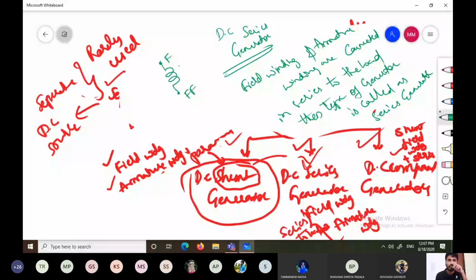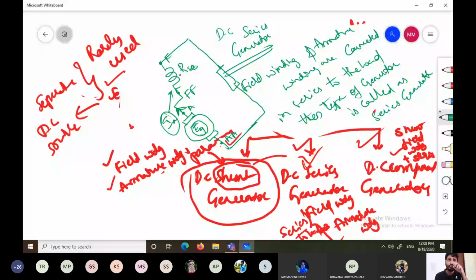So here, which is able to supply current? The armature is able to supply current. Why? Because EMF, EG, is generated in the armature. Due to the EMF generated in the armature, current passes through the armature. That is called the armature current, IA. So it is itself supplying the field current. This armature current is able to supply the field current. That's why this is a self-excited DC generator.